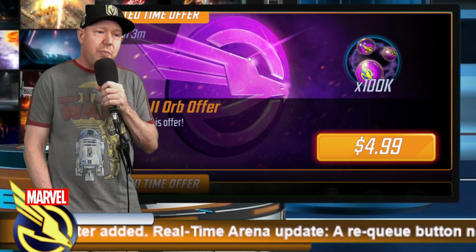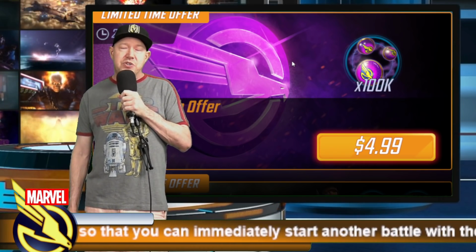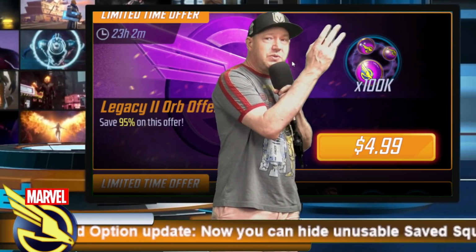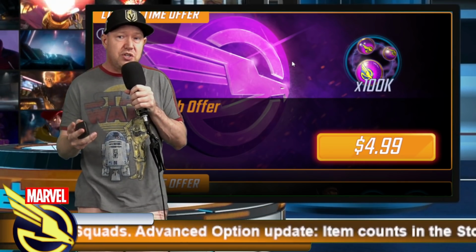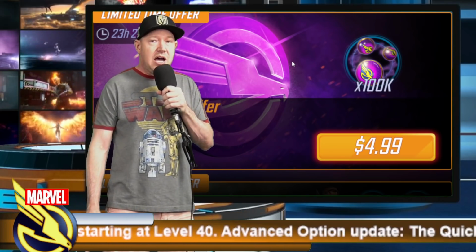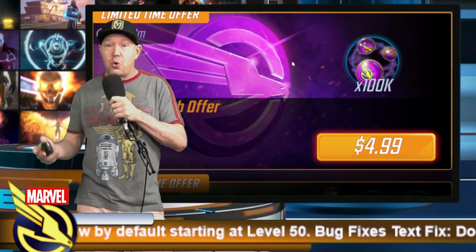All right, Legacy 2 Orb offer. If you are in need of T3s, this is going to be the way to get them, probably one of the better offers. Anywhere between 350 and let's say 400 on average. Results may vary. T3s can be found in this orb. You probably get a little under 100,000 gold. You get a bunch of character shards from year 2, and then you also get some purple gear. So if you're in the market for T3s, which is a bottleneck for sure in this game when you're getting started, even through mid-game,